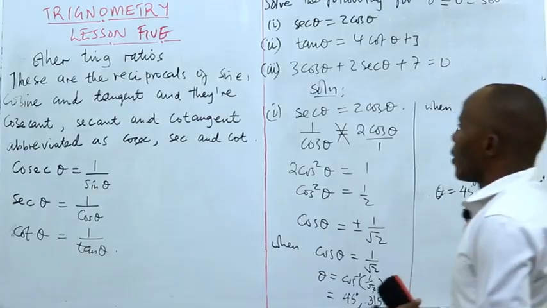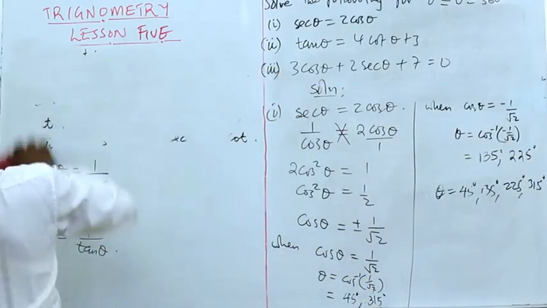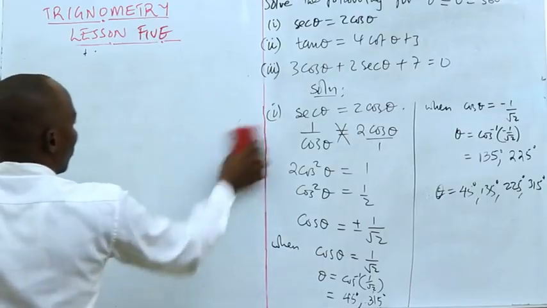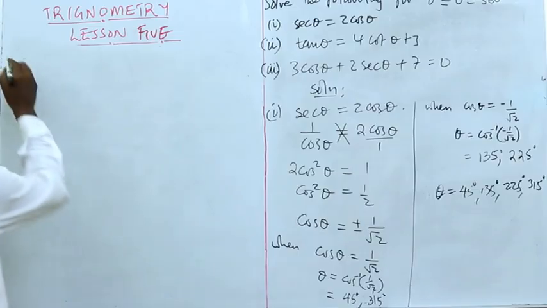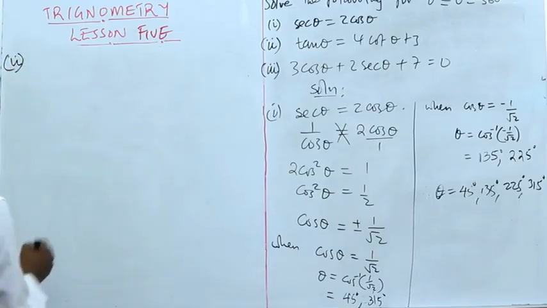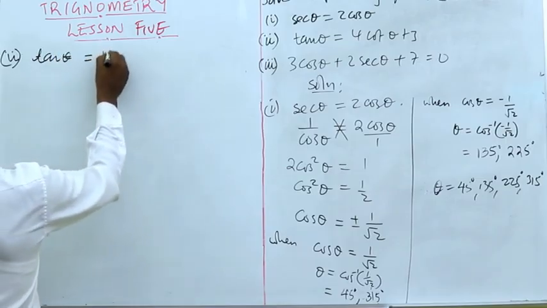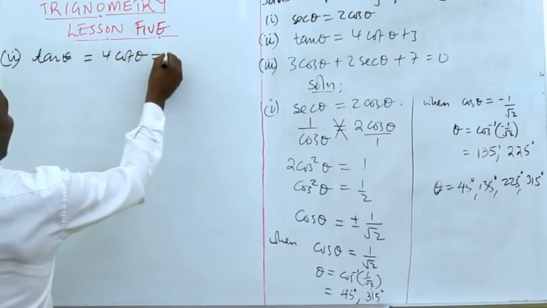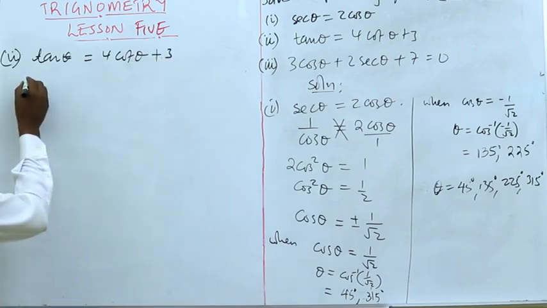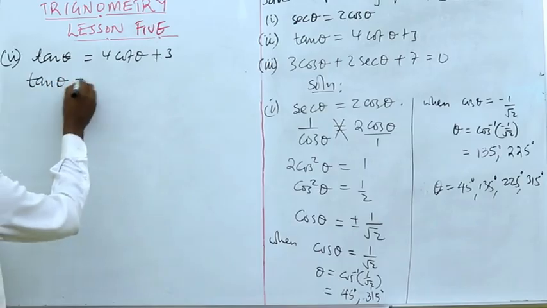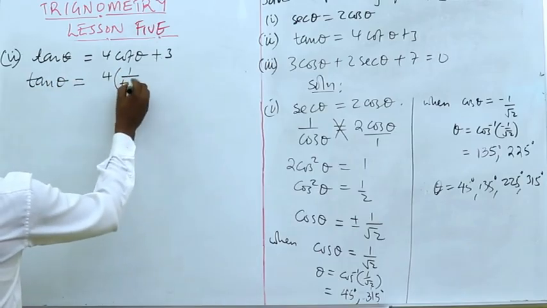You can look at example 2. My example 2, I have tan theta is equal to 4 cot theta plus 3. So, this is tan theta is equal to 4 into 1 over tan theta